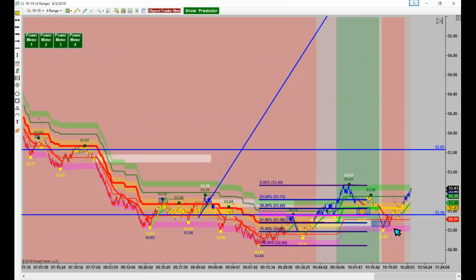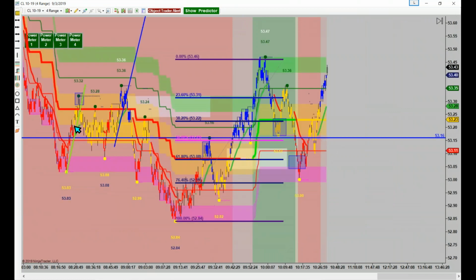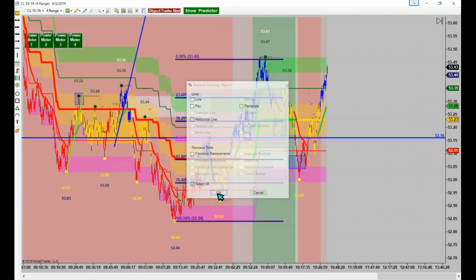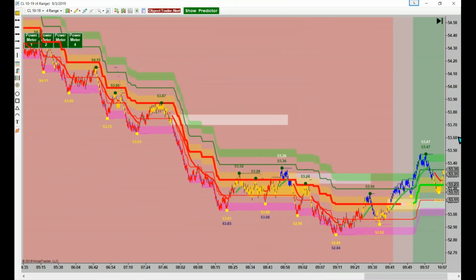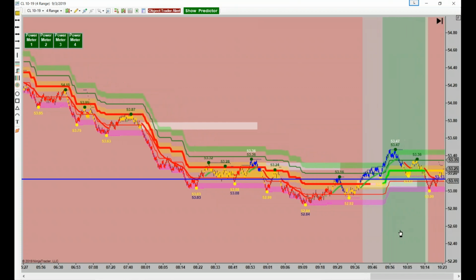Why is it not a trend change, Chuck? Because what you'd need, let me show you exactly what you'd need for this to be a trend change, which didn't happen. Let's get rid of everything on the chart. What does it take to make a trend change on this chart? Well, we're looking at Lightning 3, so we'll draw our line. It has to take out this Lightning 3 right across here, and it has to take it out, come back and kiss it, and roll. So it took it out